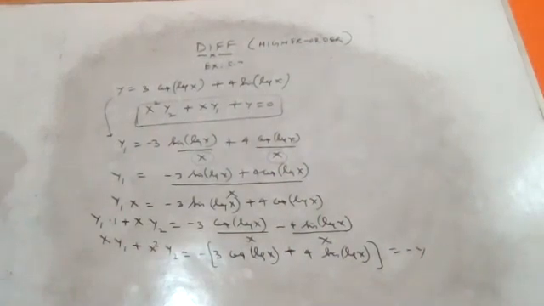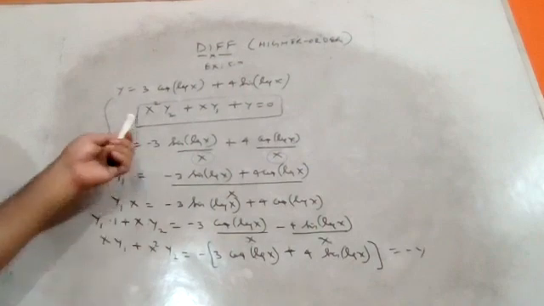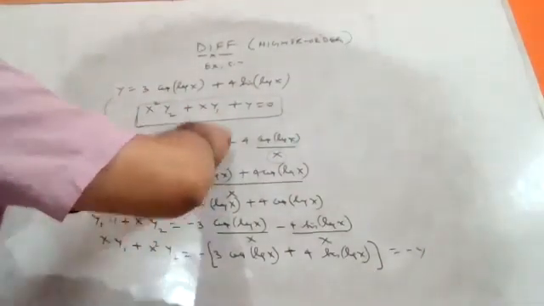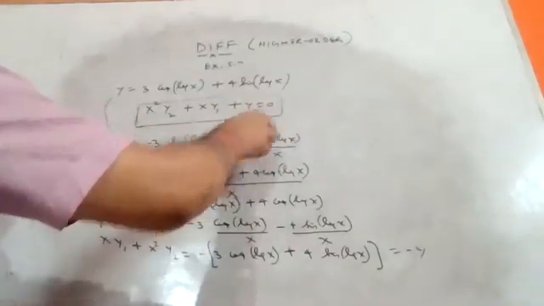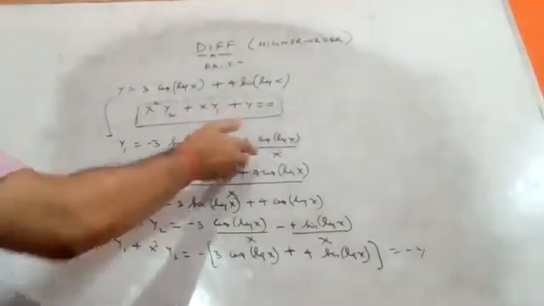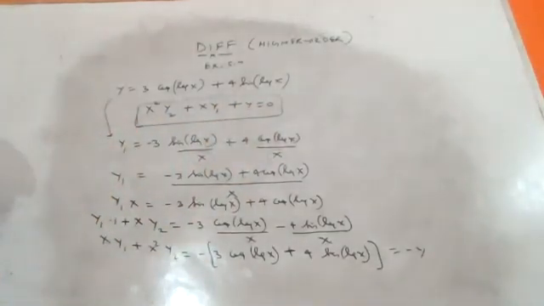Here, in this way, you can solve the board question, how to solve dy upon dx and d2y upon dx square. Always, you should avoid the division rule. If you use the division rule, complications will come. That's why we take the LCM, shift the terms, and use the product rule, because the product rule is very easy compared to the division rule. The product rule is much easier than the division rule, right?